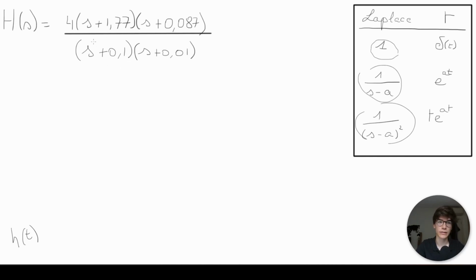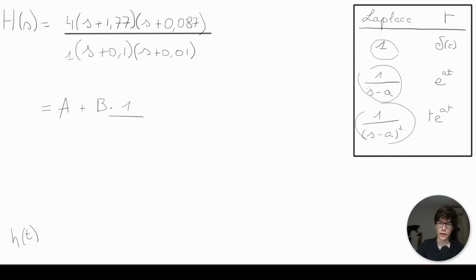We have a denominator s plus 0.1 and a denominator s plus 0.01. We also have a 1 in the front here, so that's something we're going to count as well. And you can see that these two are almost the same. So we're going to do a proposal for a solution. Namely, we're going to say that this could be equal, and we're going to figure out if it is, to a times 1, this one. So we can transform it into a delta function, plus b times